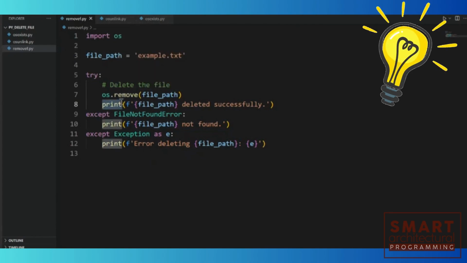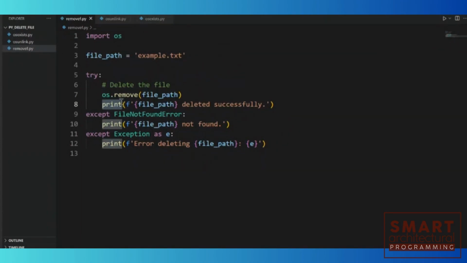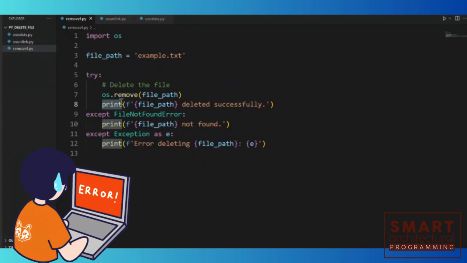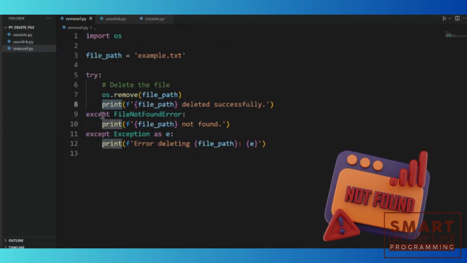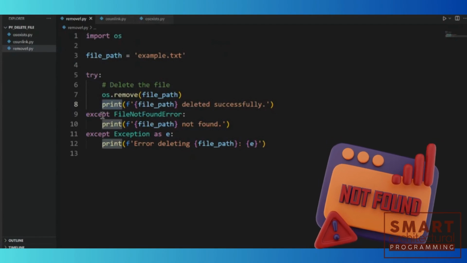Supposedly, if the file path is not correct, and when you're new to dealing with file paths you'll find that in most cases you'll have the wrong file path, you'll have problems with that. The program would not crash. It would raise a FileNotFoundError and print that the file was not found. At the same time,